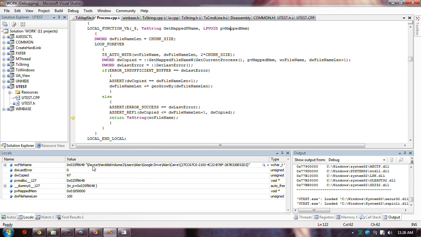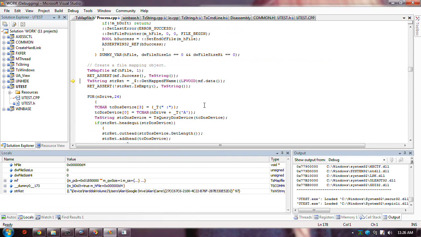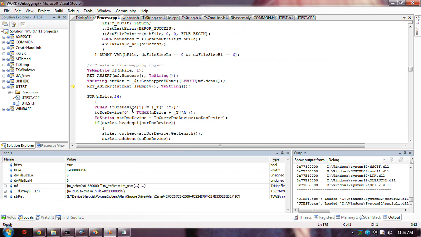That's what it turns out to be, and you can guess what that drive is. Okay, so now we have a full path without any letters or anything, no ambiguity where the file is.